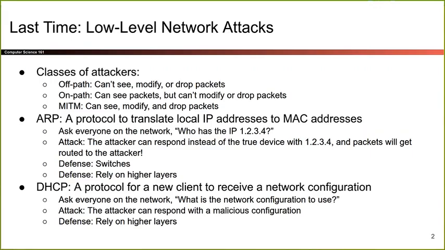One of them was called switches. So instead of just broadcasting every single request, you can have a switch on the network, and the switch maintains its own large cache of mappings, and you can ask the switch to do the mapping for you or to look up a mapping for you. So that's a little bit better. Or you can rely on higher layers for defenses. And there's one called ARP Watch, which is you monitor the network, and if you see something weird, like 2 answers for one request, that would be a good sign that something weird is going on. So that's ARP.